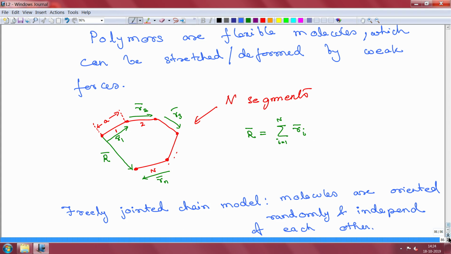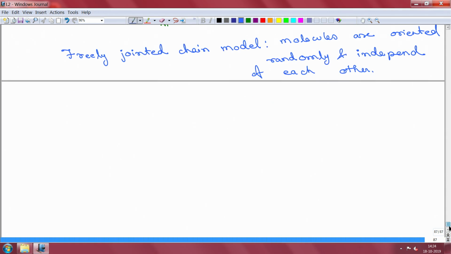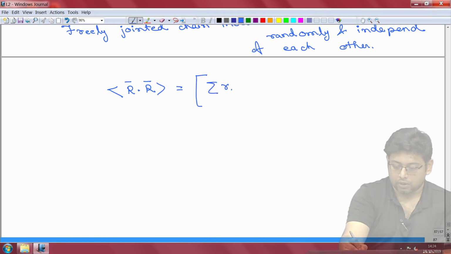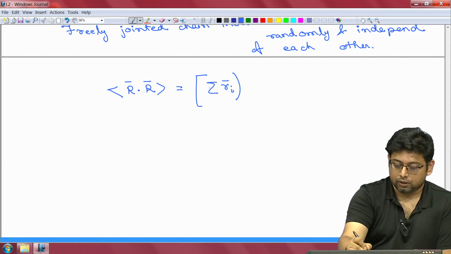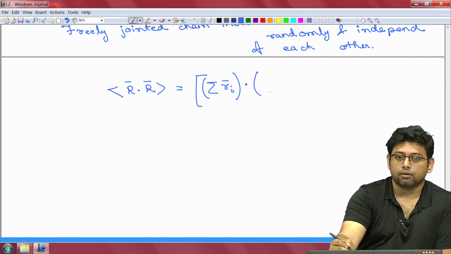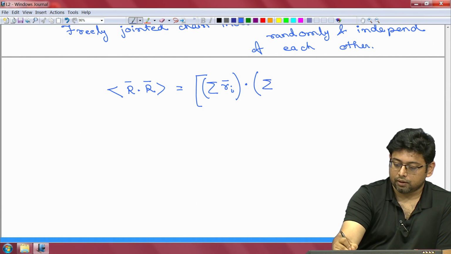Okay. So, we will add one more page here. Let us try to calculate what this would be. Let us evaluate this particular vector. What will this vector be? Now, this vector is basically a summation of r i vectors dot producted with, I am trying to calculate the magnitude of r. How do you calculate the magnitude of any vector? You take a dot product with itself and take a square root. So, we are just doing that.